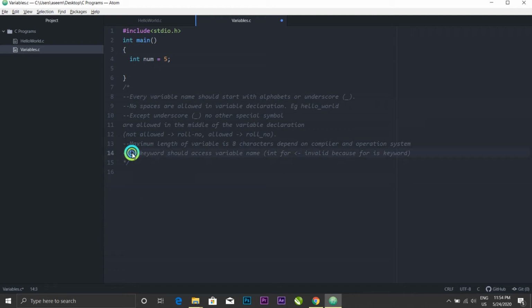And no keyword should be used as a variable name. Suppose int is a keyword, float is a keyword, function is a keyword. So you cannot write int = 5, or int break = 5, because break is a keyword, and there are many different keywords. You cannot use them.